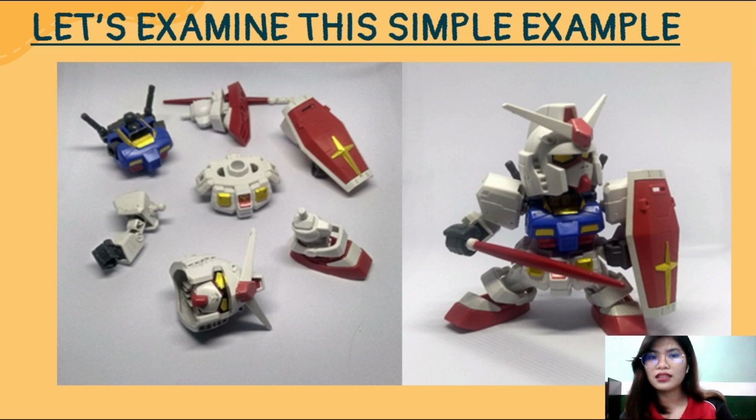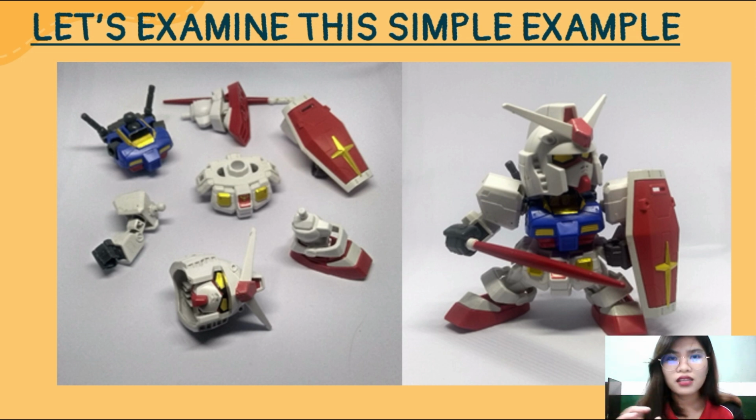Next, sa right side ng screen nyo, makikita nyo yung buong Gundam plastic model. And that's the example of holistic philosophy. It's all about the totality, yung kabuuan mismo. Makikita nyo dyan na pag once na nabuo na siya, maganda tingnan. Buo, hindi hiwa-hiwalay. Okay, so that's the two different approaches in philosophy, the reductionist philosophy and